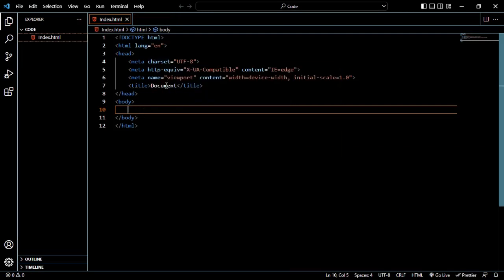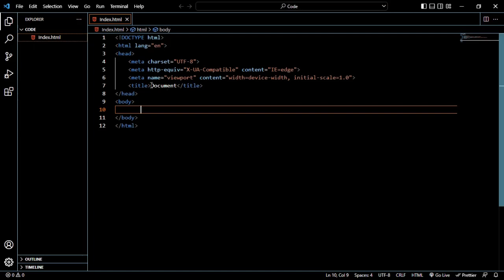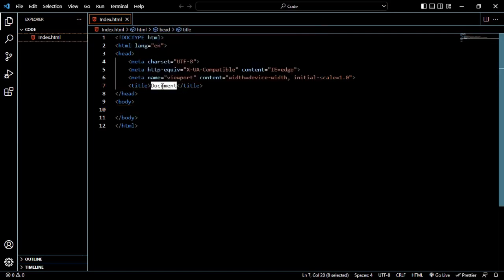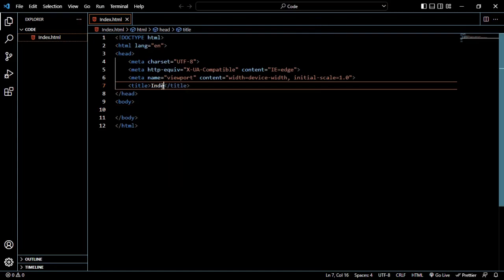Now if we open our browser again, let's refresh it, you find out that there's document on top of here. Document, local or shared file. This document you're seeing here is as a result of this document here, the title of the web page. So we can change it to index, and then we go to